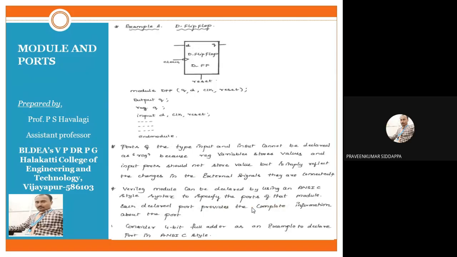Next, we will take one example. We have shown here a D flip-flop diagram. By seeing that block diagram, we will write it. Okay, an example for list of ports as well as port declaration. Both we will write. First, we will write the list of ports. Model D flip-flop, Q comma, only one output Q, comma D, comma clock, comma reset. This one is an example for list of ports. Okay, that first line is an example for list of ports.